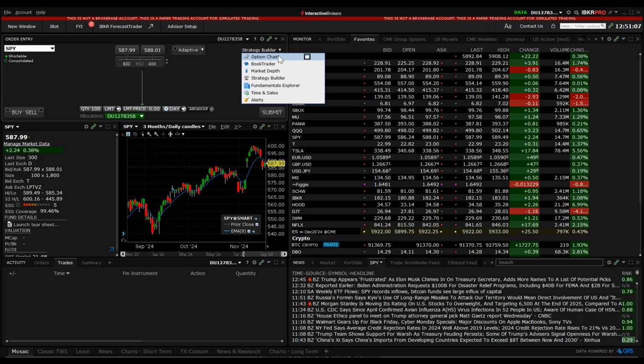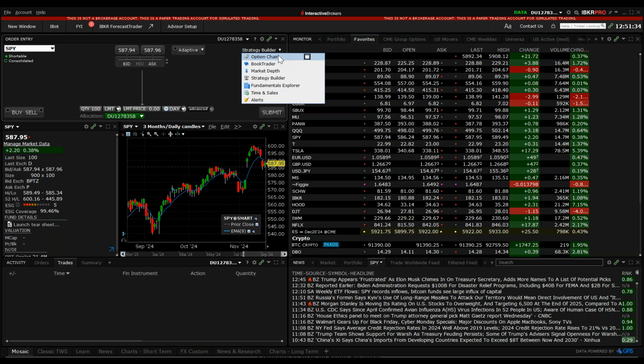What I'm going to do, folks, for this example today, is a double diagonal in SPY, and we're going to sell Friday of this week. I'll just do a shorter term one for this example. We're going to sell Friday, which would be November 22nd, and we're going to buy November 25, right? And this would be a double diagonal. So the strikes we're going to do, if I said we're going up.